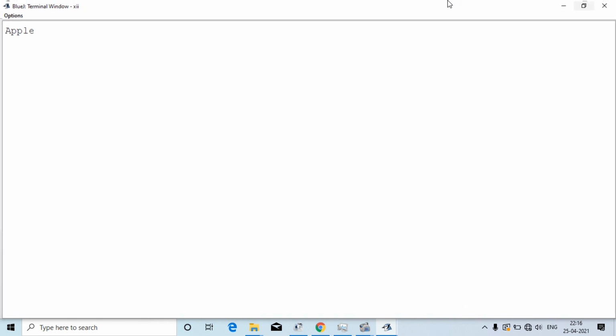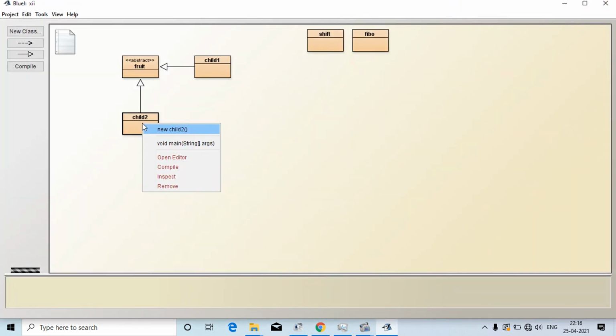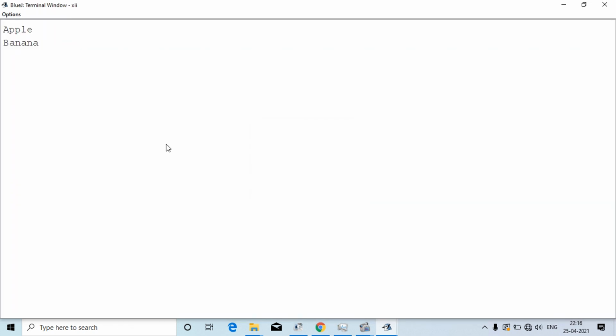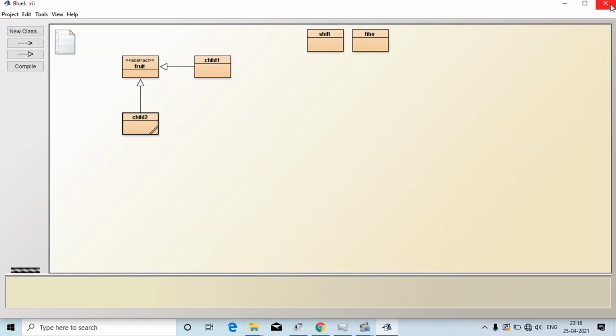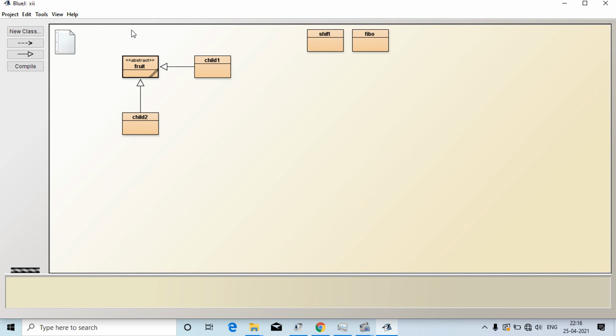The output is apple. And if I invoke the function which is present in child2, then I'm going to get a different thing which is banana. It means the details from both the classes are different, and the details are totally hidden in the base class. So this is the actual concept of abstraction. I hope I have explained it properly.